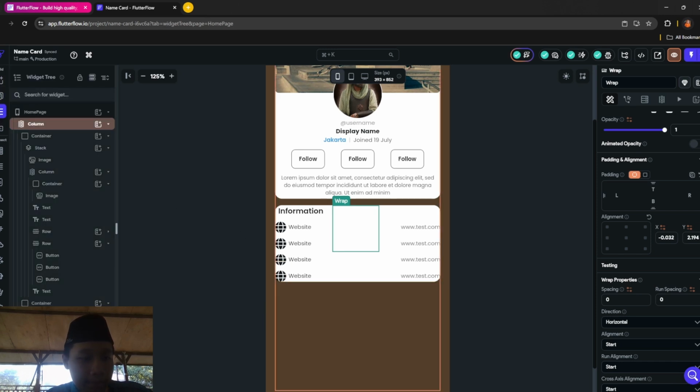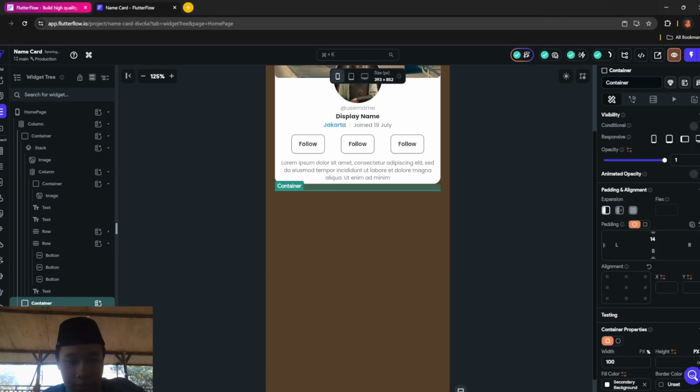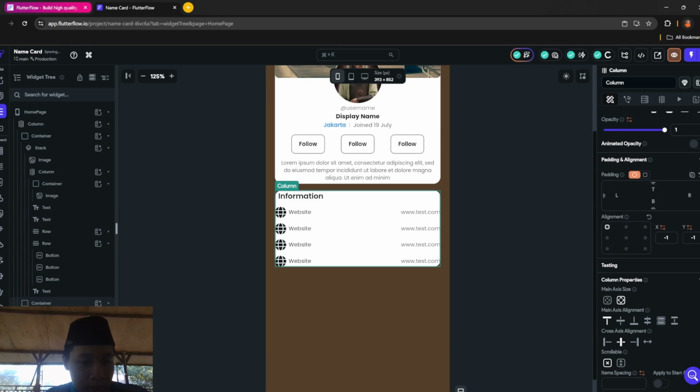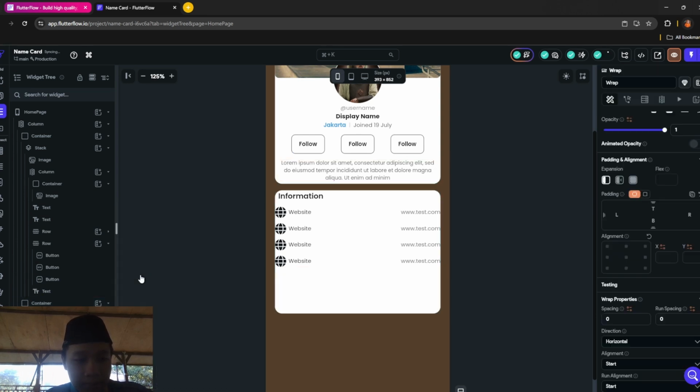Wait, hold on, container, delete this text, oh wait, okay, it should be like this. And then add a wrap in the column.